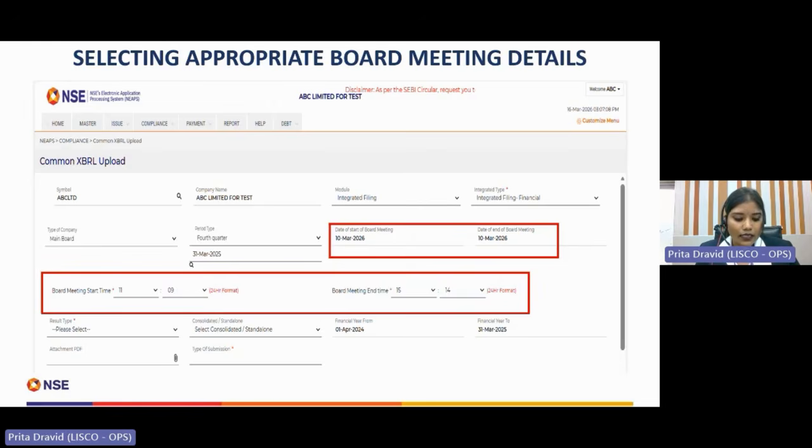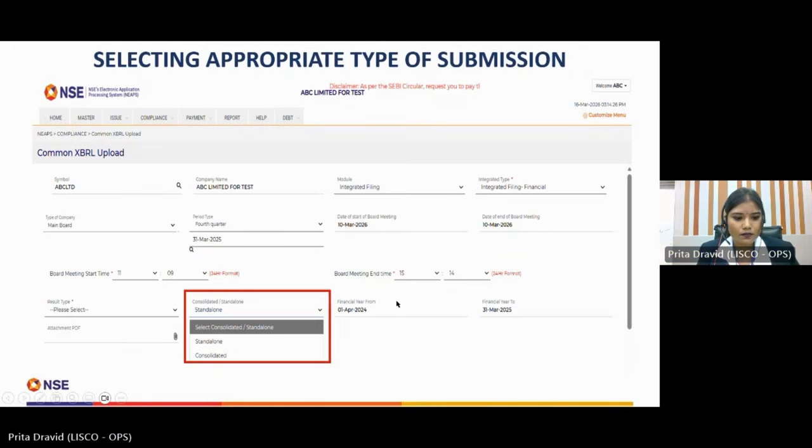Further, fill all the details like date of start of board meeting, date of end of board meeting, start time, and board meeting end time in 24-hour format. Then the company shall first select the appropriate type of submission as standalone or consolidated from the drop-down list.